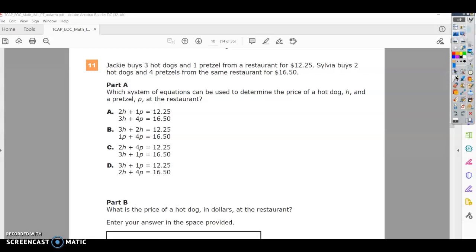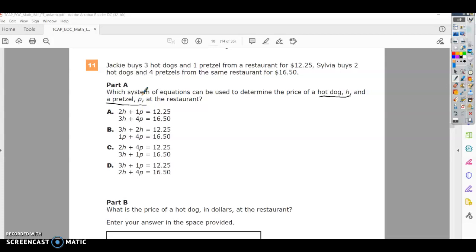Math 1 EOC Practice Test number 11. Jackie buys 3 hot dogs and 1 pretzel from a restaurant for $12.25. Sylvia buys 2 hot dogs and 4 pretzels from the same restaurant for $16.50. Which system of equations can be used to determine the price of hot dogs, H, and pretzels, P, at the